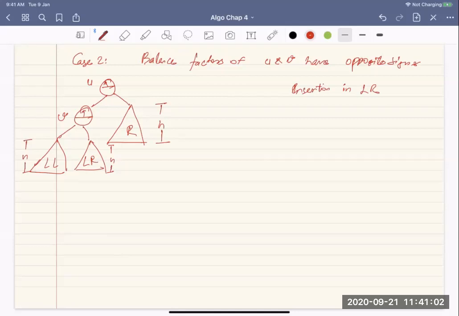Again, LR will have a left and right subtree. So where exactly do you do the insertion? For that, let's expand this particular node, this subtree.